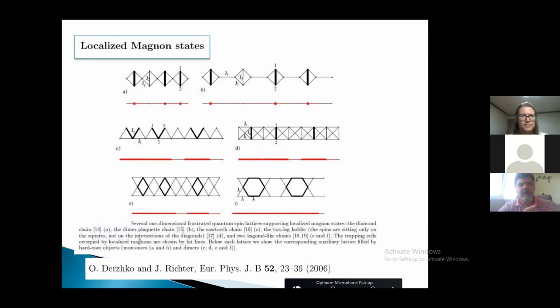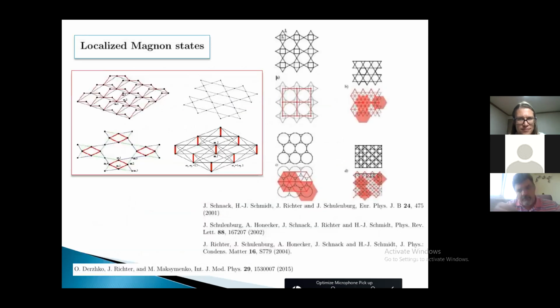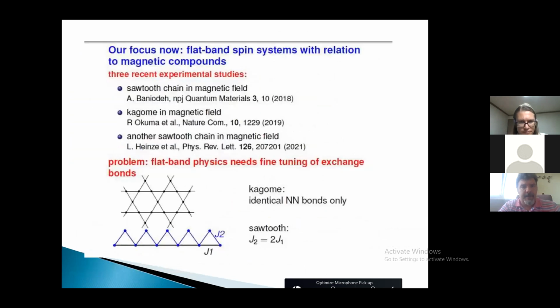Here are some examples of one-dimensional chains which admit localized magnons, where the magnon traps are denoted by bold lines. You can see lattices with 2-site traps, 3-site traps, even 4 and 6-site traps. Of course, there are plenty of 2-dimensional lattices with localized magnon states, even 3-dimensional. Now we focus on one particular system, called the sawtooth chain, which is corner-sharing triangles